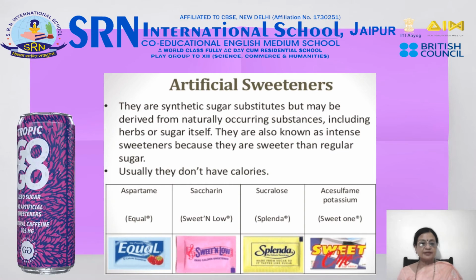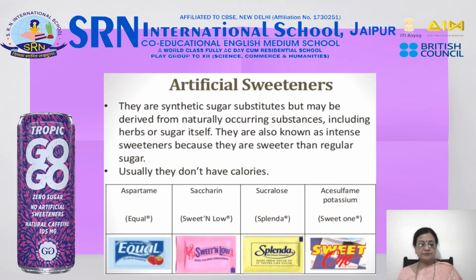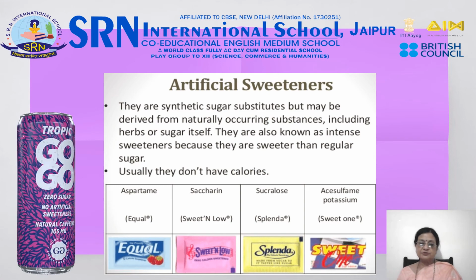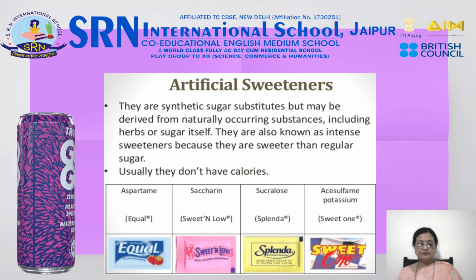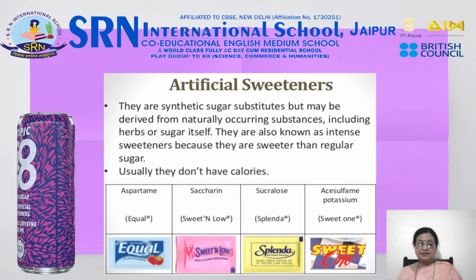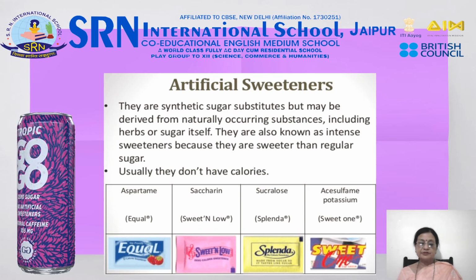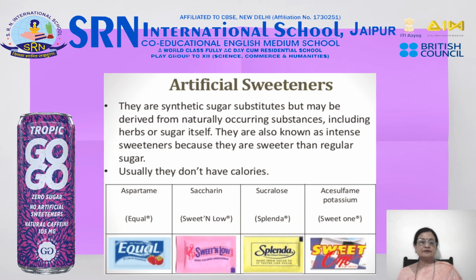Examples are aspartame, which is unstable at cooking temperature. Therefore, it can be used as a sugar substitute for cold foods and soft drinks. Sucralose is another one, which is predicted to become a great commercial success. It is stable at cooking temperature and it does not provide any calories. Others are saccharine and so on.